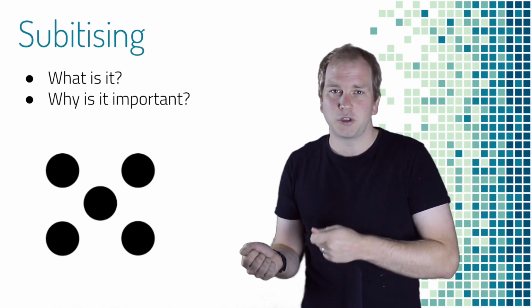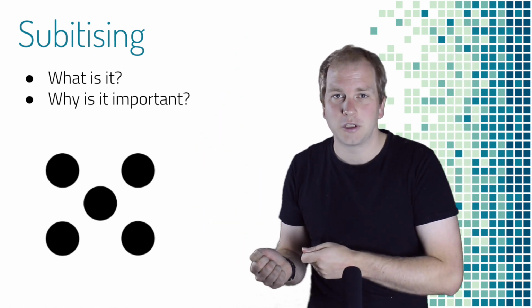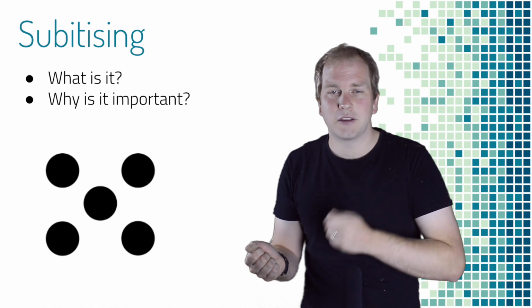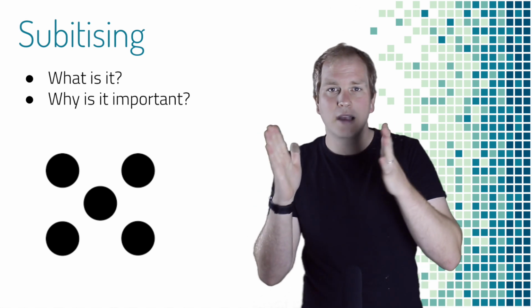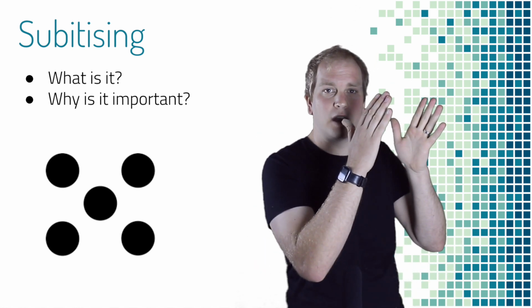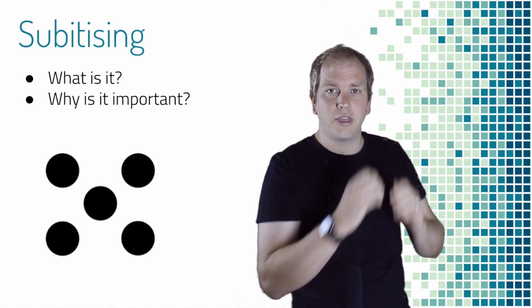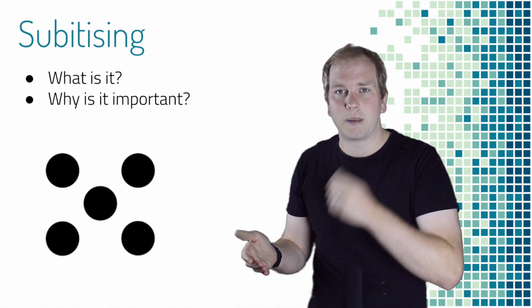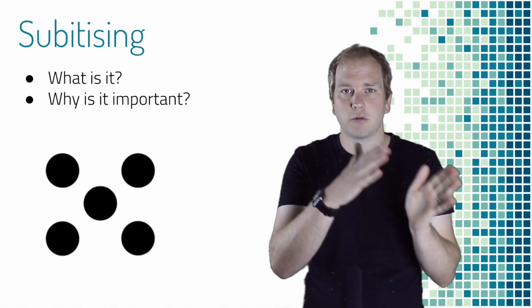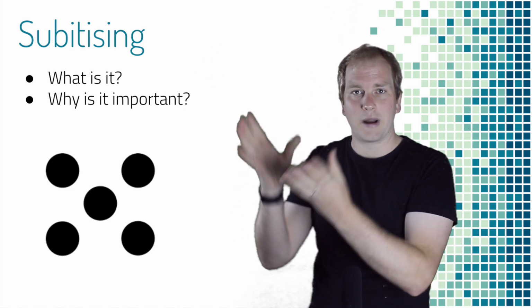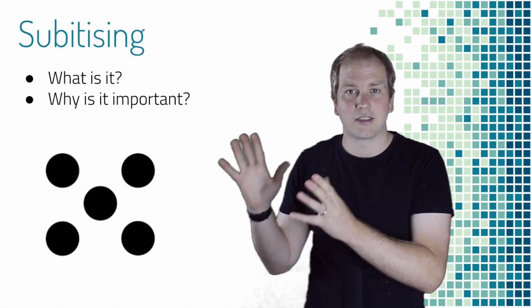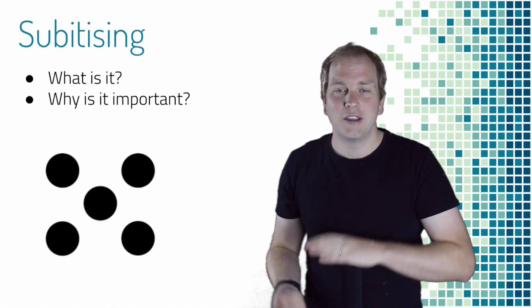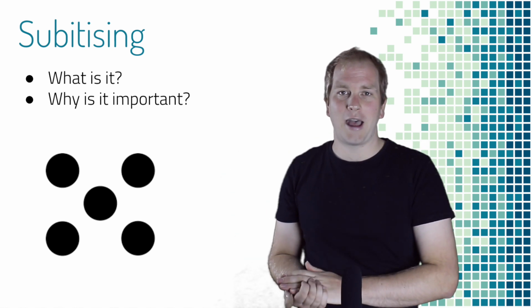And then they'll have a little drum and they'll beat the drum 2 times. And as soon as they beat the drum 2 times, the baby's eyes naturally focus in on the image of 2 dots. Then, a moment later, they'll beat the drum 3 times and the baby will switch its attention and start looking at that image with 3 dots. So this is an innate ability that we all have.